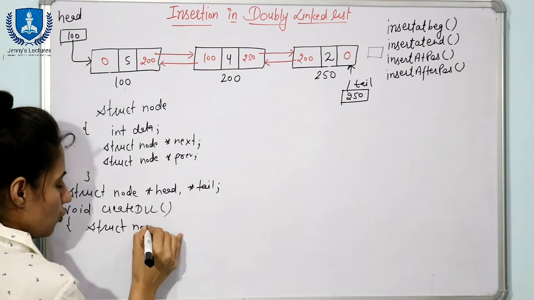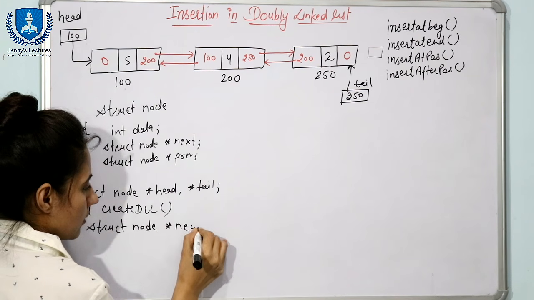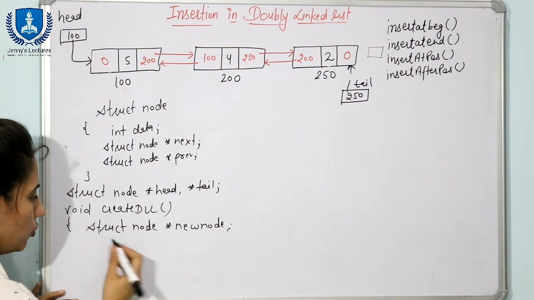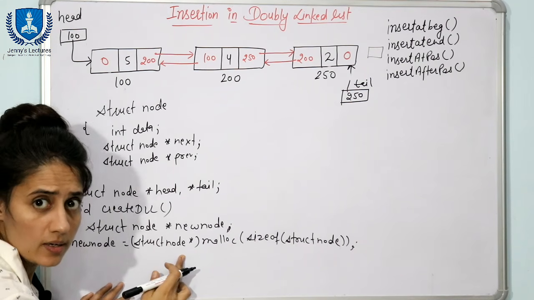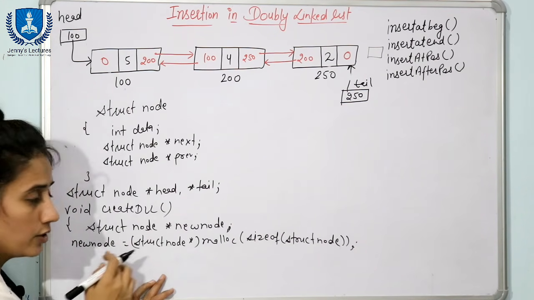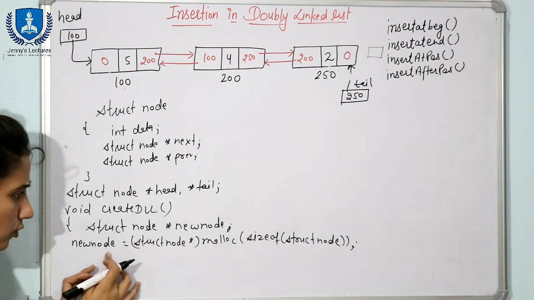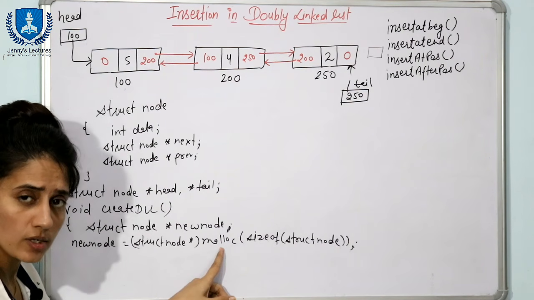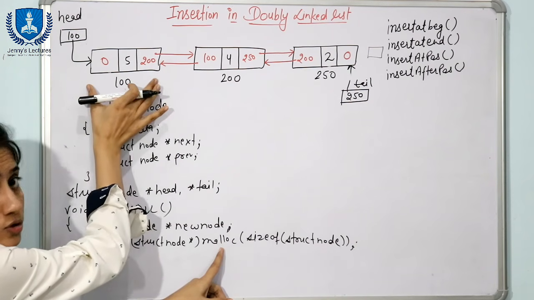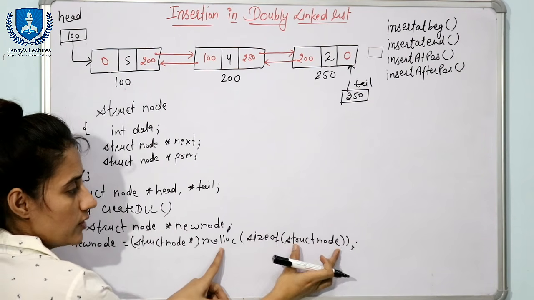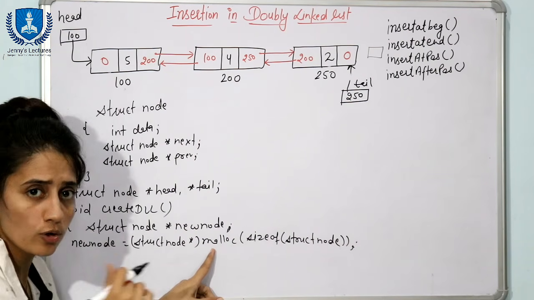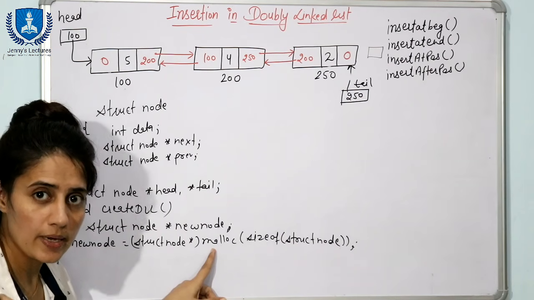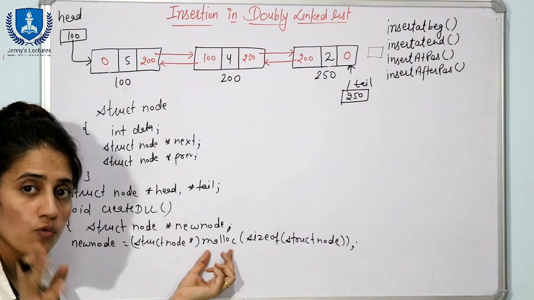First of all you will declare a pointer of struct node type, and this is how you can assign the memory dynamically to this new node. See, this syntax we have already discussed many times, right? Malloc is the function for dynamic memory allocation. How much size do you want? Size for this node, right? So here you write sizeof the data type, struct node, and malloc is going to return a pointer to the starting address of the allocated space, or you can say malloc is going to return a void pointer,